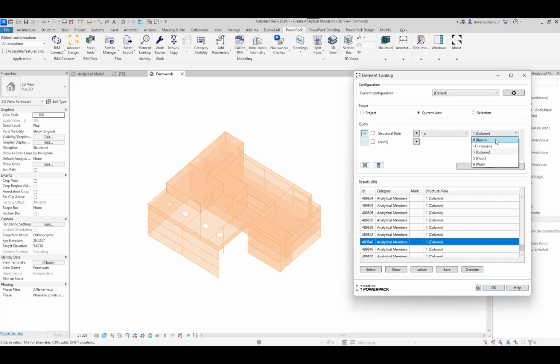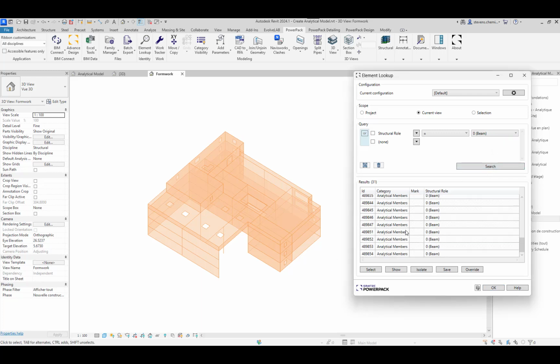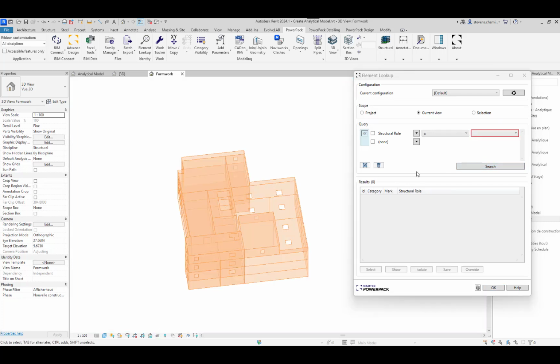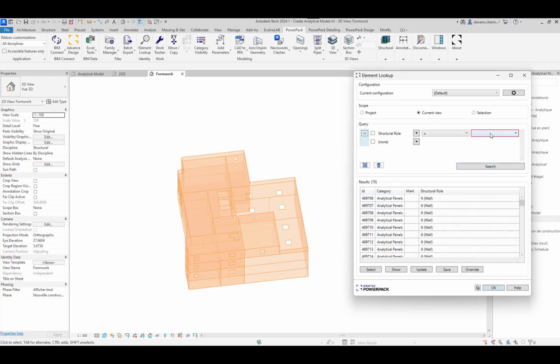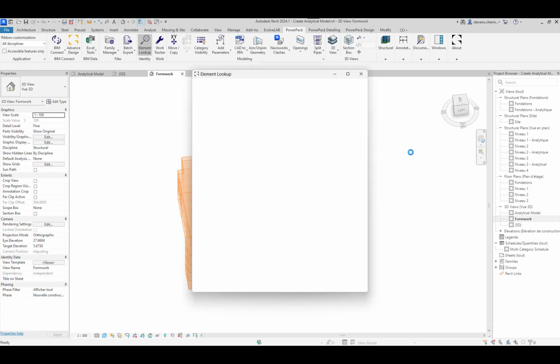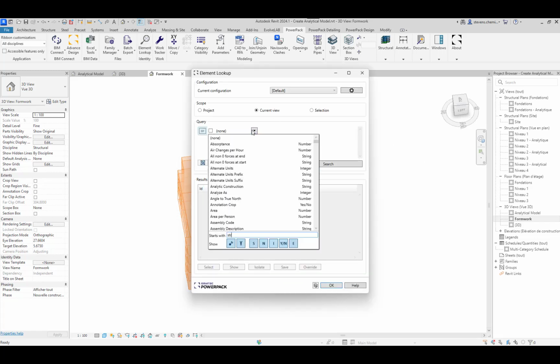Let me look for the beams. I can isolate a selection of multiple objects. So here I have all the beams. Same for the wall. Let me display first all the categories of objects in the model, and I will just restart the tool to refresh the selection.